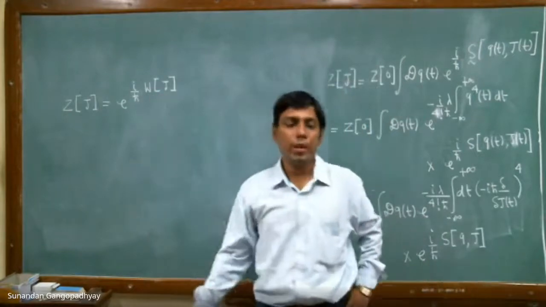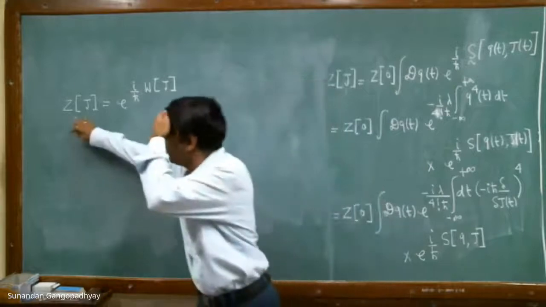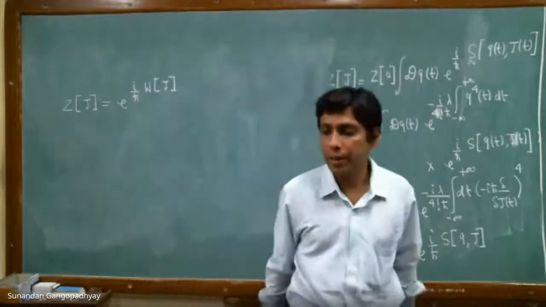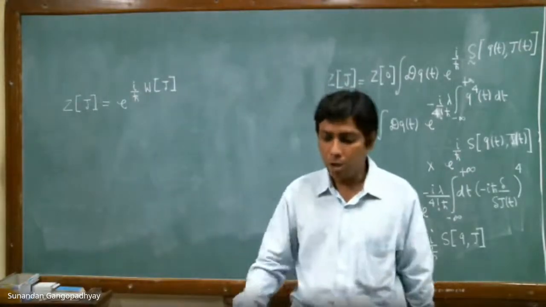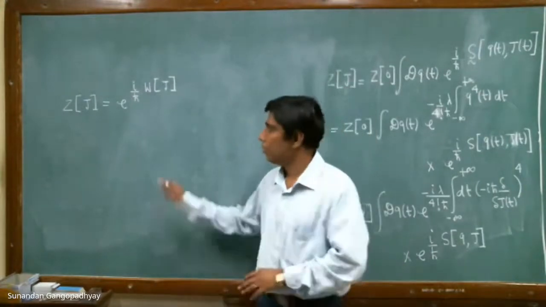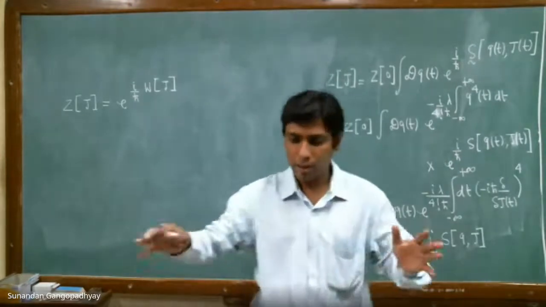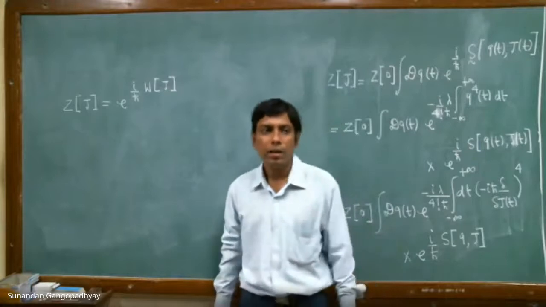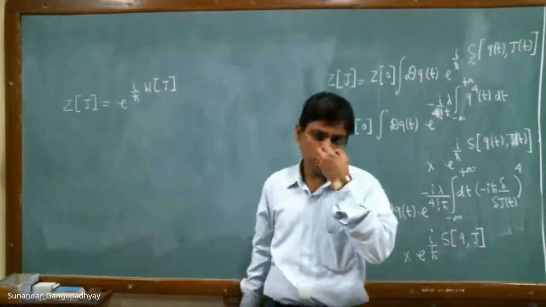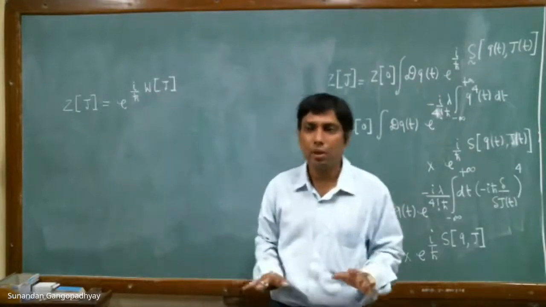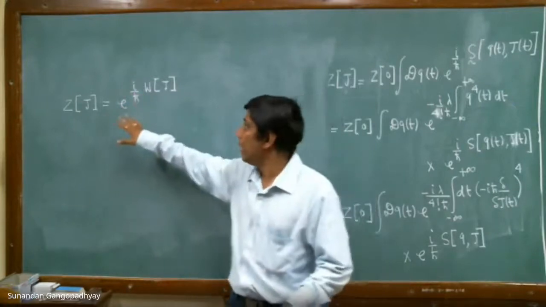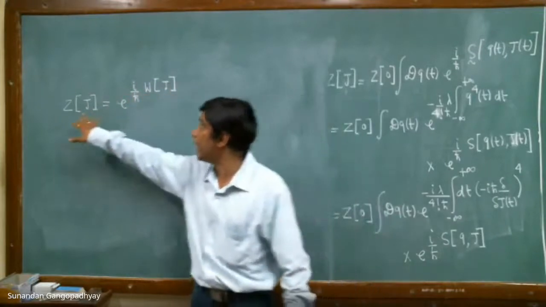This is called the Schwinger functional. This is the generating functional, and this is the Schwinger functional, which generates the connected Green's functions, connected n-point functions. What you mean by connected and disconnected will probably not be clear, because we are not really calculating the thing for the anharmonic oscillator explicitly. But I just want to introduce W[J]. So forget about the terminology connected and disconnected for the time being, but I just want to remind you that there is another generating functional that you can have, and that is related to Z in the following way.